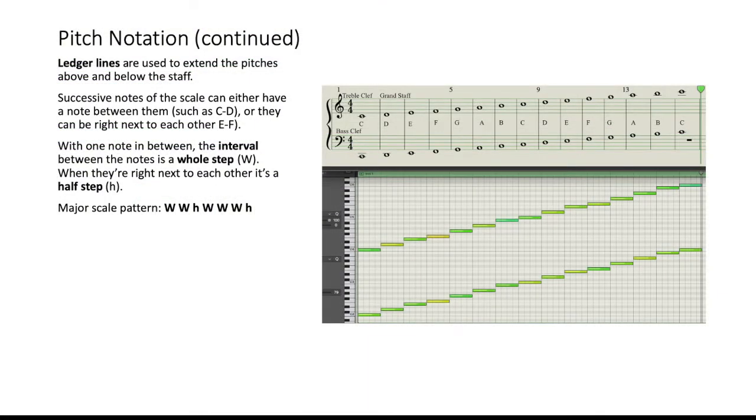Ledger lines are used to extend the pitches above and below the staff. We can see in measure 13 there are pitches above the treble clef, and the first 3 measures have pitches below the bass clef. Successive notes on the scale can either have a note in between them, such as the